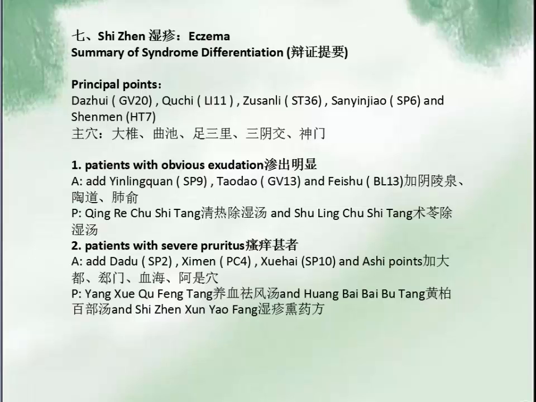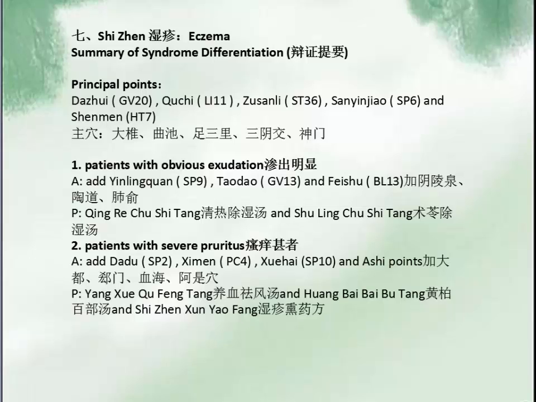Now, point being, DU 20 can be used for, now, I'm a little confused here because it says Da Zhui, which is DU 14. So I'm assuming that this is incorrect, because normally we would use DU 14, not DU 20. All right, DU 14. Why? Because this is the intersecting point for all the yang meridians,